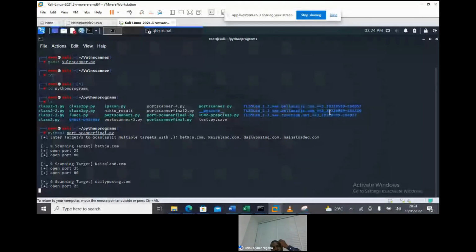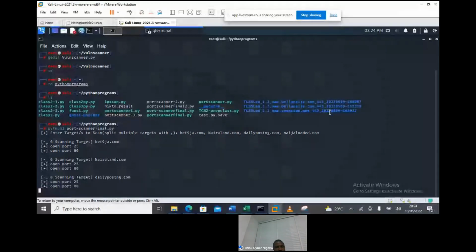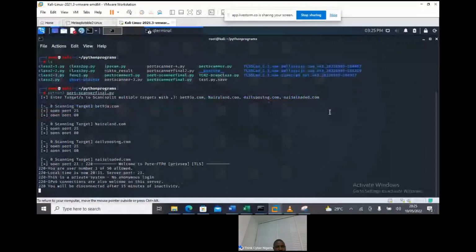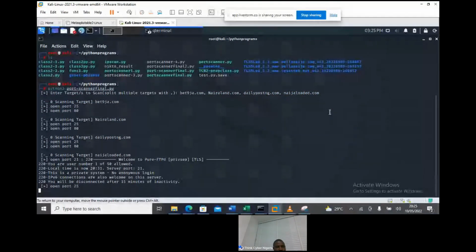Ports 22, 25, 20, 25 and 80. Include the, okay. That's one open.